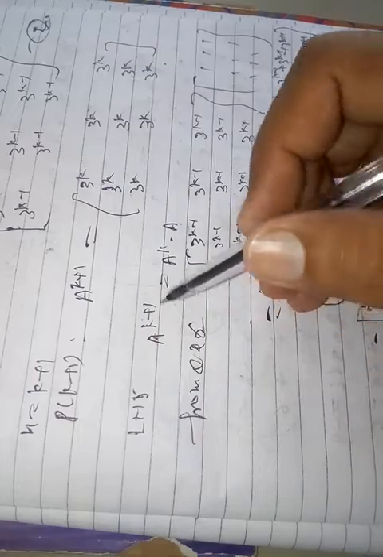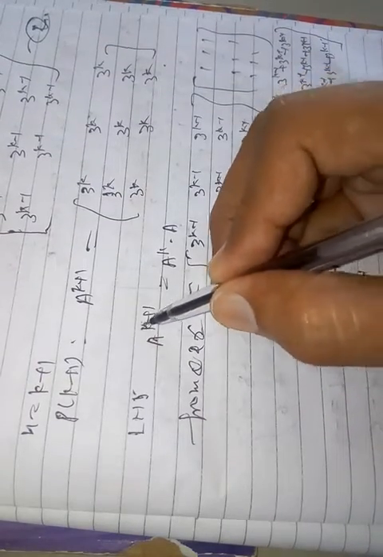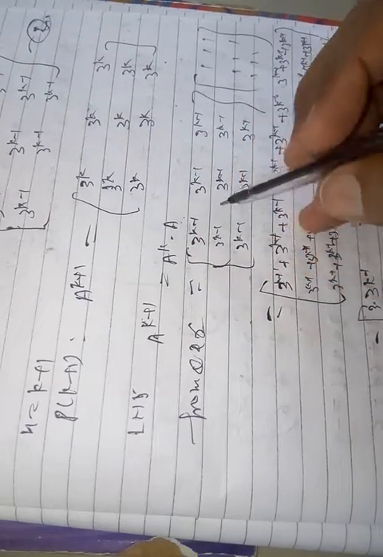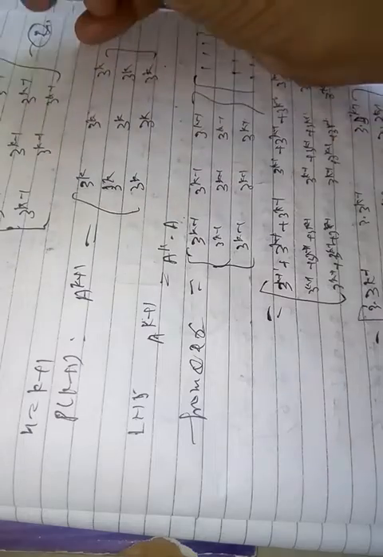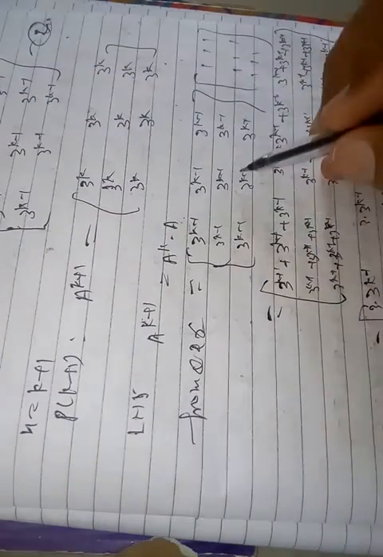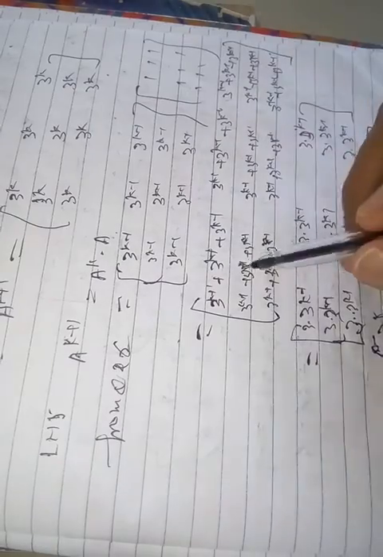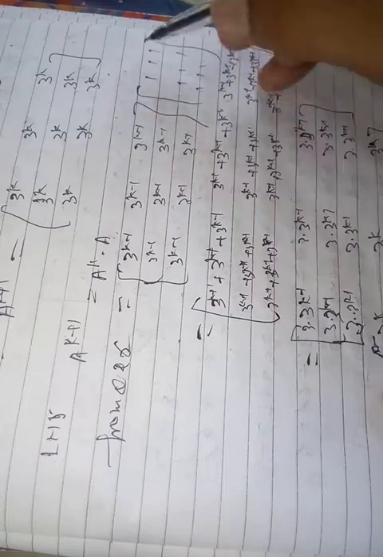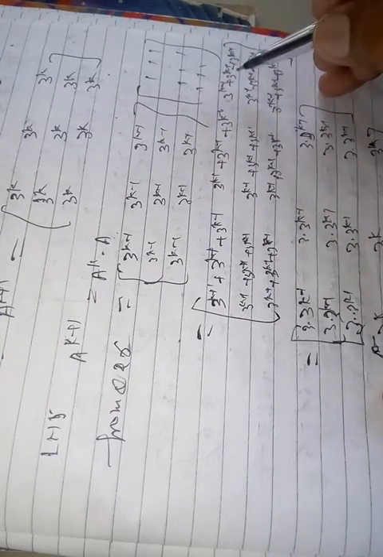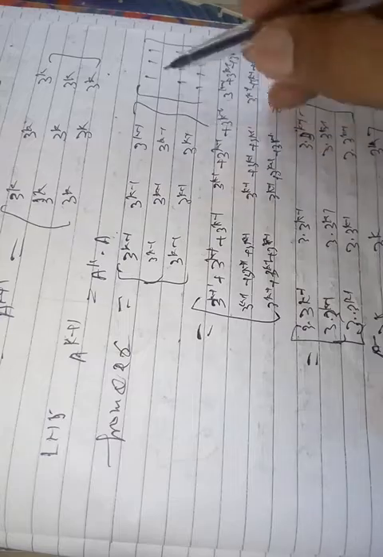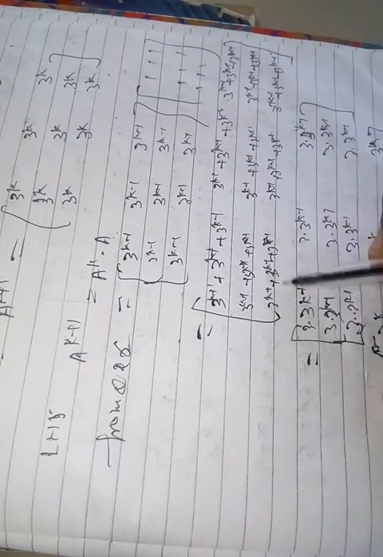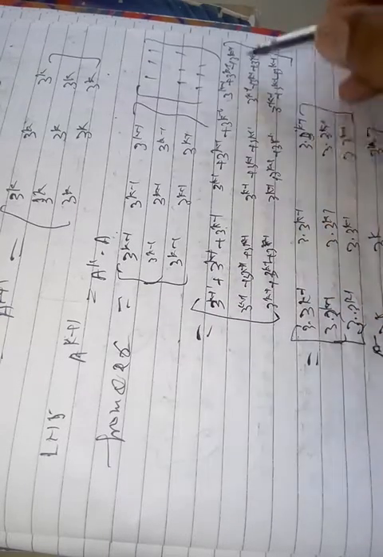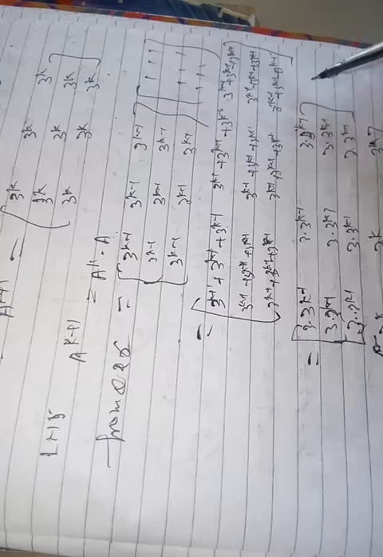And the LHS: let A raised to k plus 1, as in question number 1 type, be A raised to k into A. Putting the values of A raised to k and A from equation number 1 and equation number 2, the product is computed as first row first column, first row second column, first row third column, and the same for the second row and third row. So this has the same value, 3 raised to k minus 1, and all elements are same.